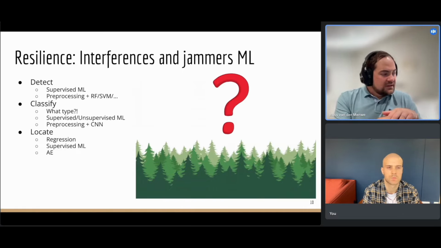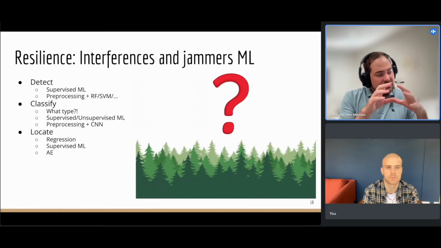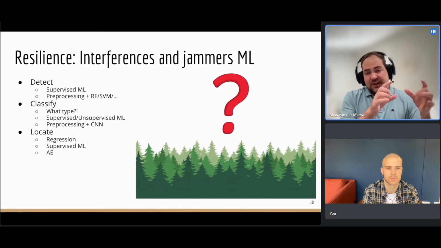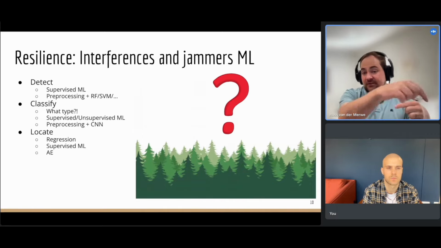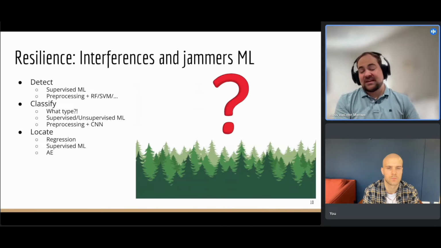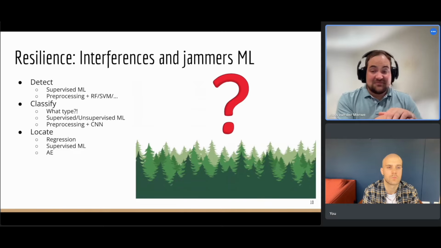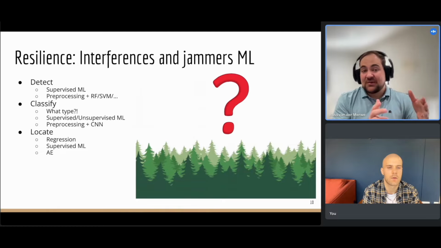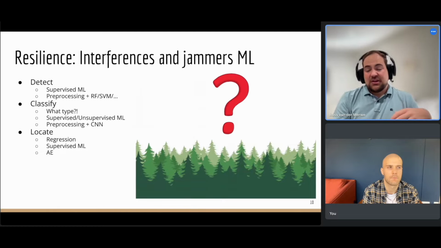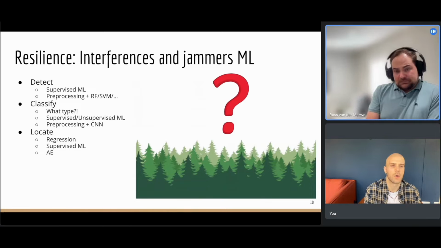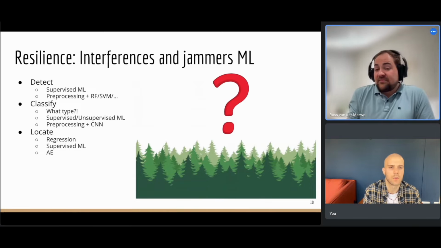One of my former colleagues, Dr. Tobias Feigl, did this crazy thing where he used an autoencoder to encode this information from different receivers, get them all together in a database, and then when he decompresses it, instead of decompressing it, uses the latent space directly to do some positioning. Really crazy stuff, and it worked really great. But this is a bit more difficult. So now we start looking at regression type tasks.